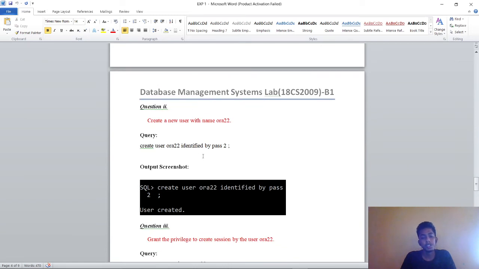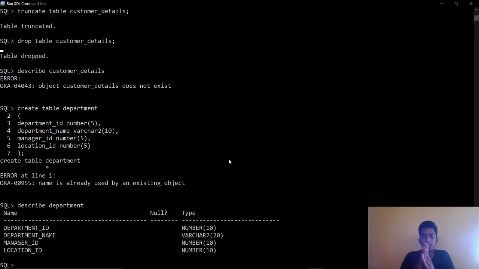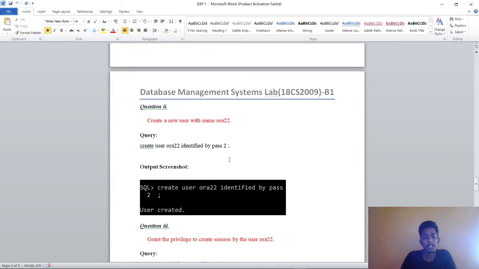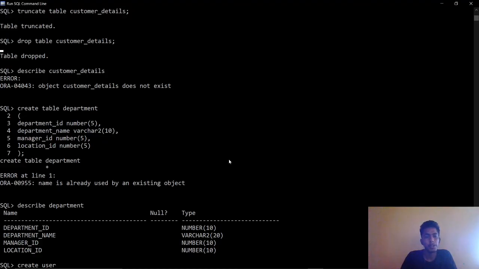Create a user org2 identified by pass. This is the command used for creating a user.